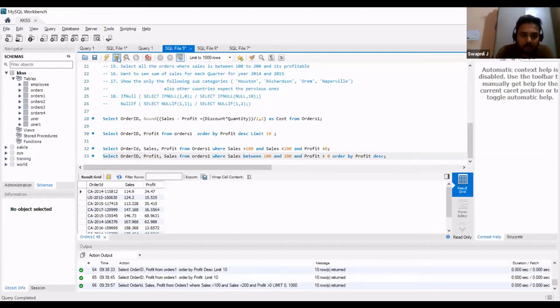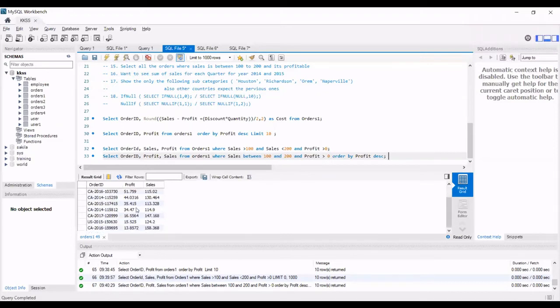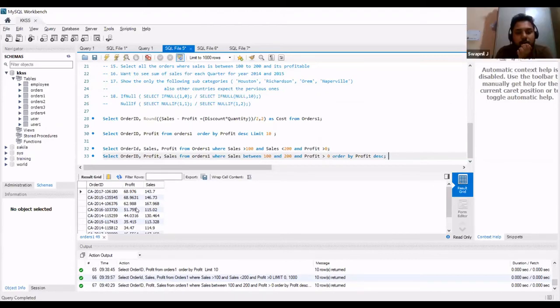I have already arranged it in descending profit order. Will this between condition include 100 and 200? I'm not sure about it. We can check. So we have sales of 143.7.